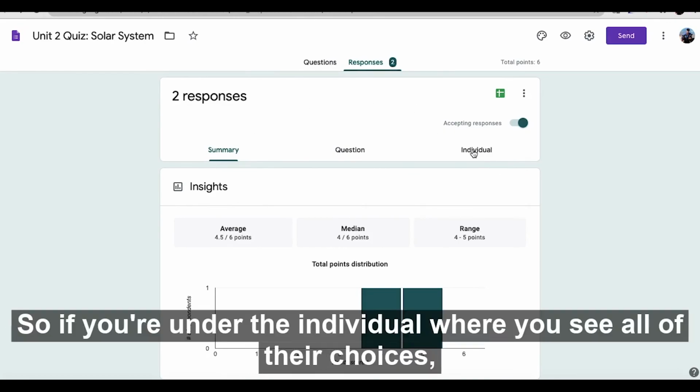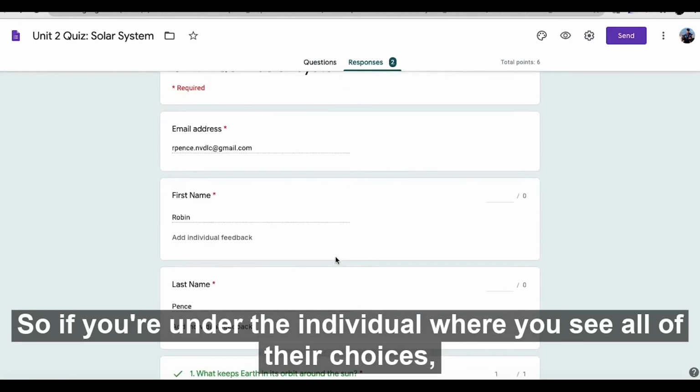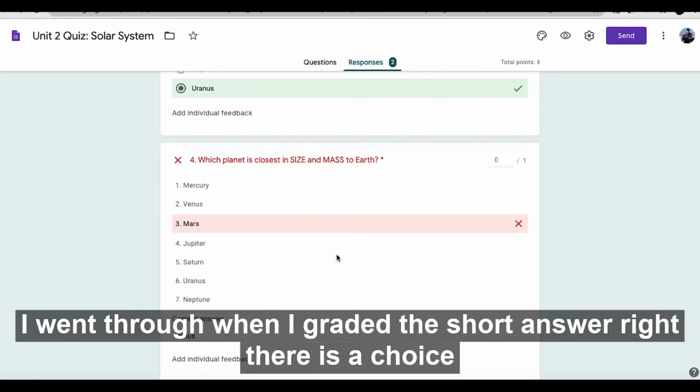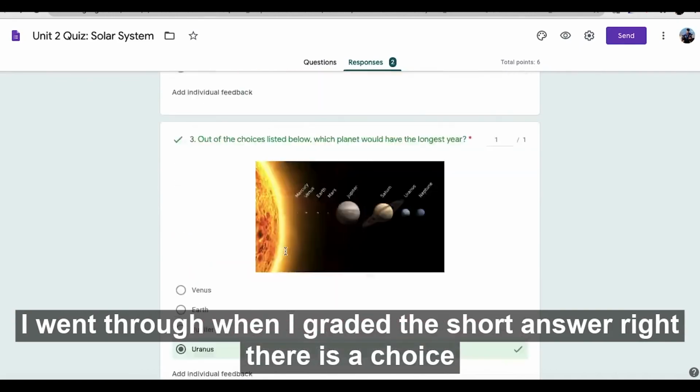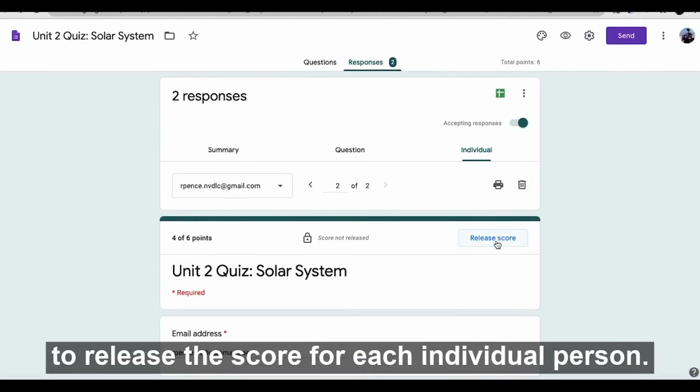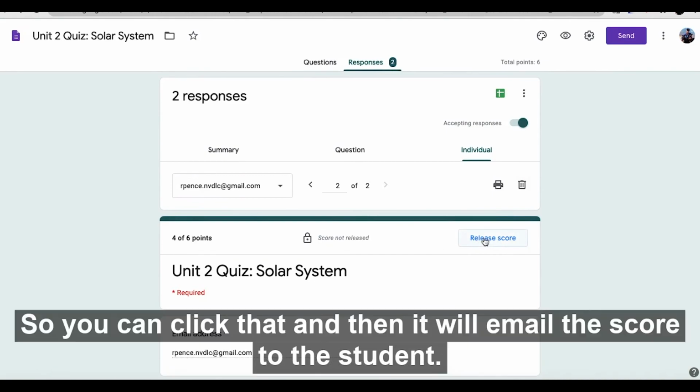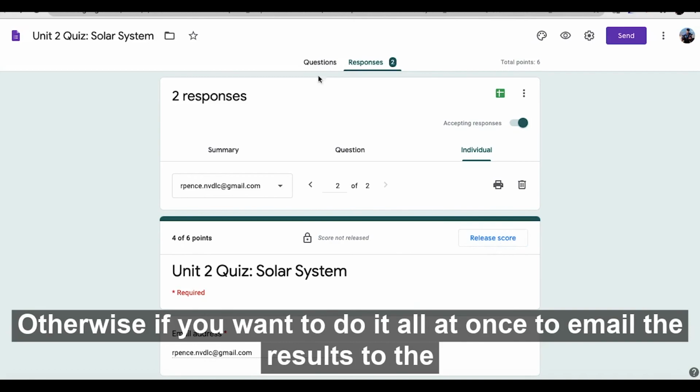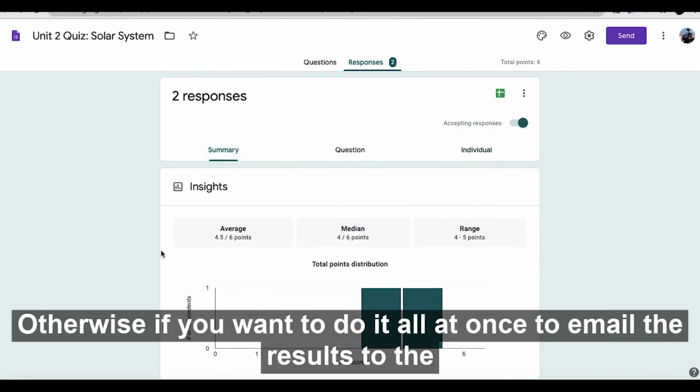So if you're under the individual where you see all of their choices, and I went through and I graded the short answer, right? There is a choice to release a score for each individual person, so you can click that and then it will email the score to the student. Otherwise, if you want to do it all at once, so email the results to the whole class,